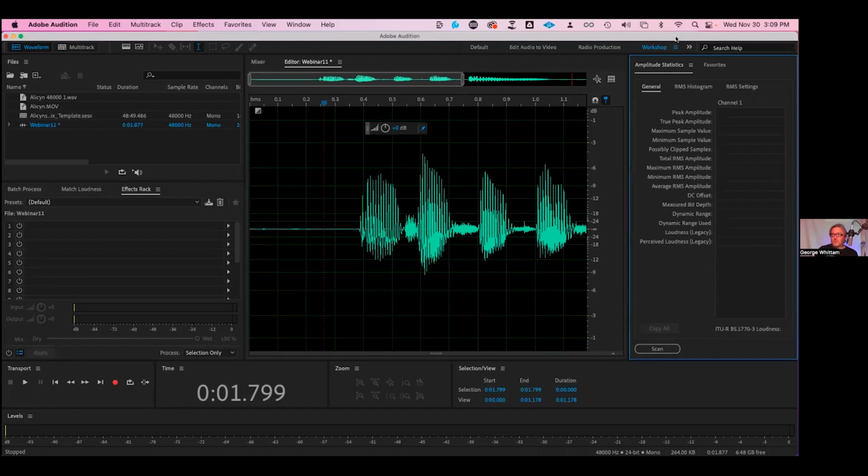Adobe Audition is based on a software from many years ago called Cool Edit. And because it's been around for such a long time and been developed and taken over and managed by so many teams, they've just layered on more and more useful features, and some more just sort of tweaky features that nobody uses. And this is kind of one of those things. So anyway, that's how you would customize, change your layout to be functional for your use case. So for me, I like to analyze audio a lot. So having amplitude statistics available and being able to click scan